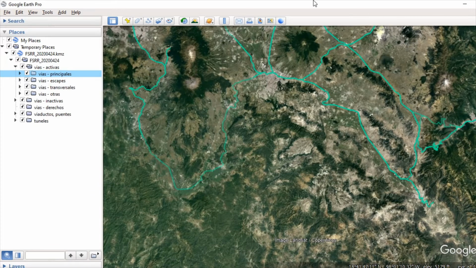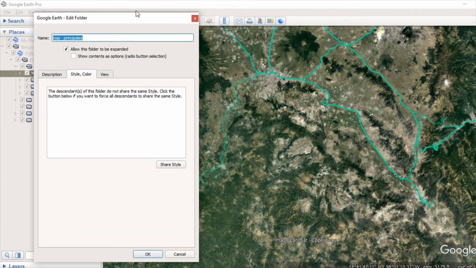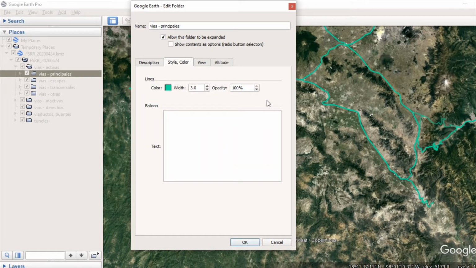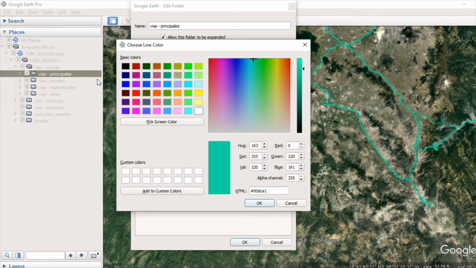Right click, properties, and everything in the selected folder, vias principales, which is main tracks, is going to, right now, we're going to make some changes, and that'll affect all those objects, but not affect the unselected objects, so all the other stuff. We're going to make those something we can see real easy. We're going to make those blue,